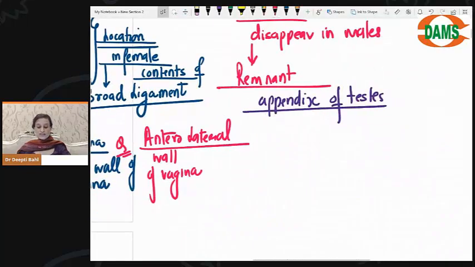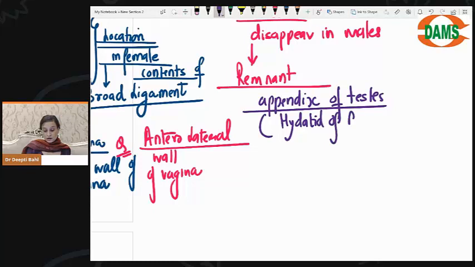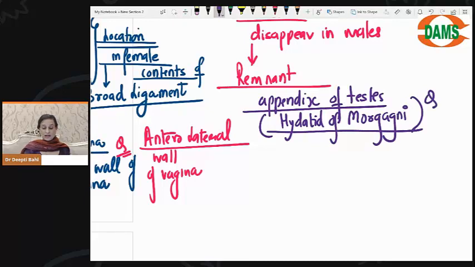What is the other name for the appendix of testes? It is also called hydatid of Morgagni. Okay, very important. Please remember, they will ask you about the hydatid of Morgagni. Okay, hydatid of Morgagni